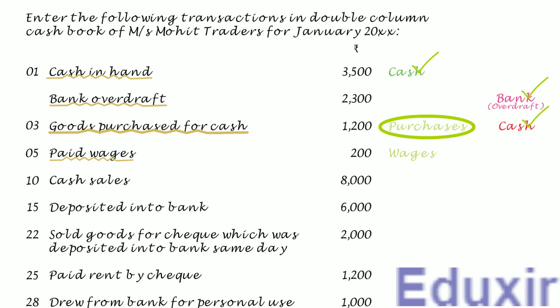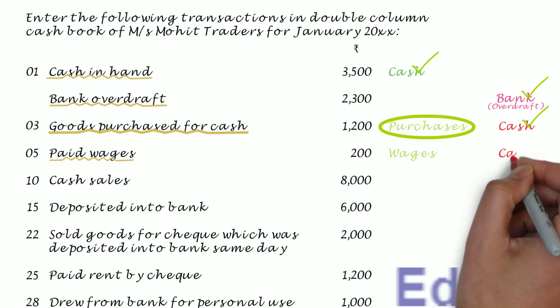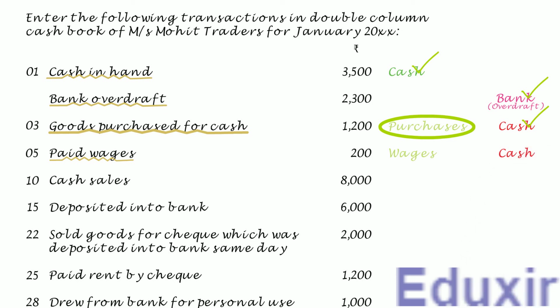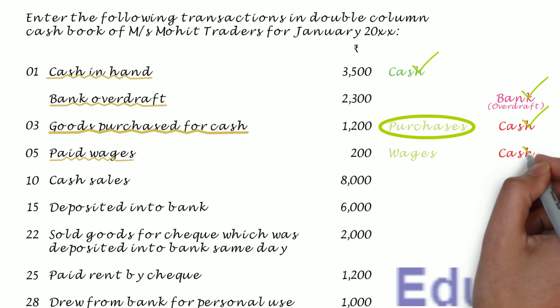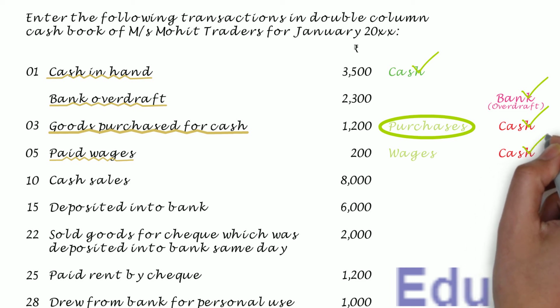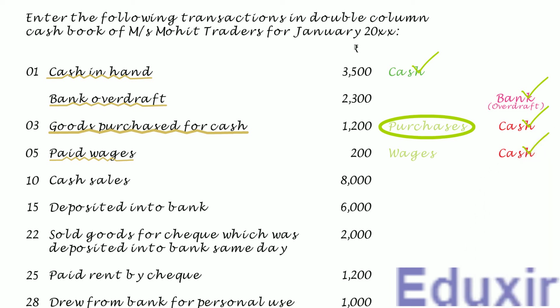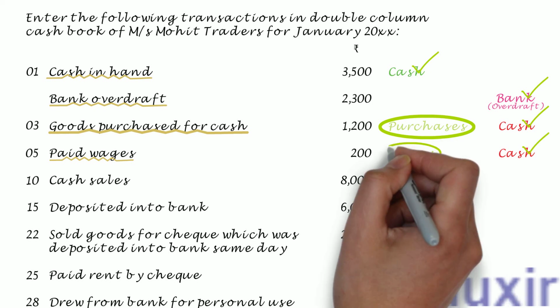The rule to record any decrease in the asset is to credit the corresponding assets account. In this case, the cash account should be credited. In this case, as you can see, the cash is on the credit side. So, it needs to be posted on the credit or payment side in the cash column of the cash book. Note that the particulars that need to be posted in the payments column of the cash book is wages account.